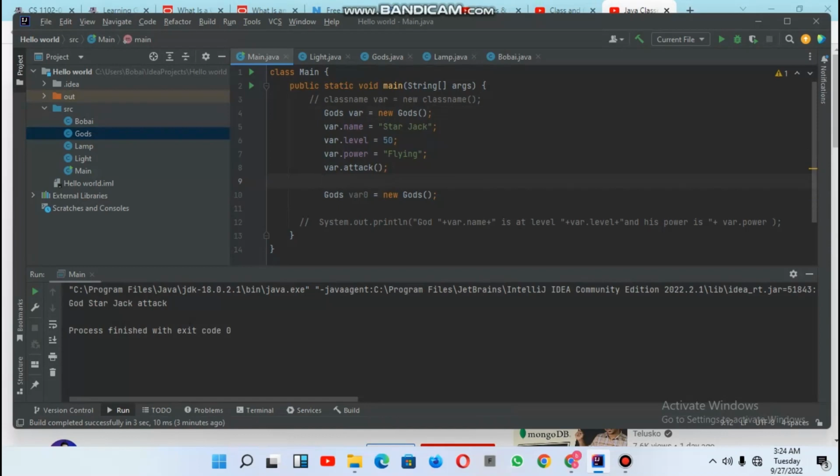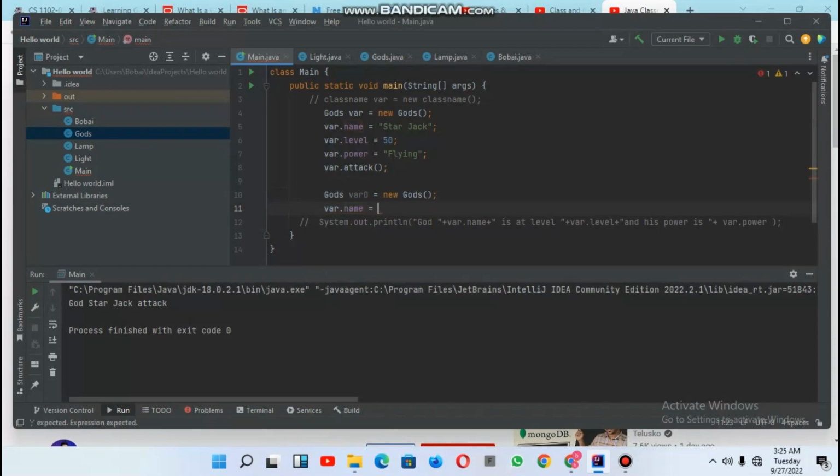Right now this is where we're calling the object in this class, and we're getting whatsoever is inside the class using this variable name. So I will just do like this, var. Then I'll still do the same thing again, var dot name